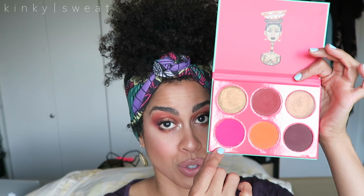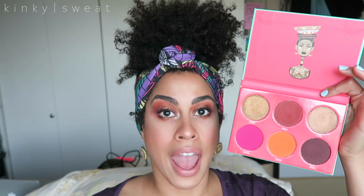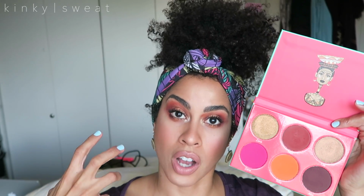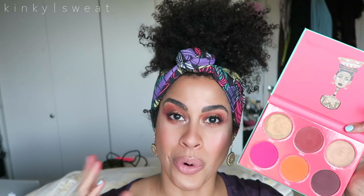I cannot wait to use Zayn just maybe as a lower lash line color or as an all over lid color. And these are super pigmented as blushes on me. I use this very lightly on the apples of my cheeks just to give a wash of color. Let me know if you want to see a tutorial using these. I'll be more than happy to recreate this eye look for you and to also just try on some blush